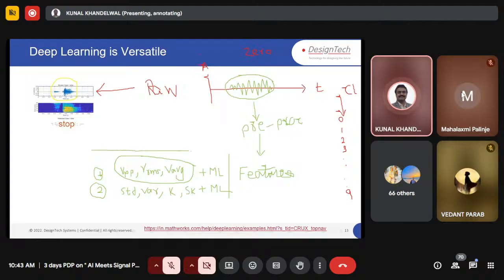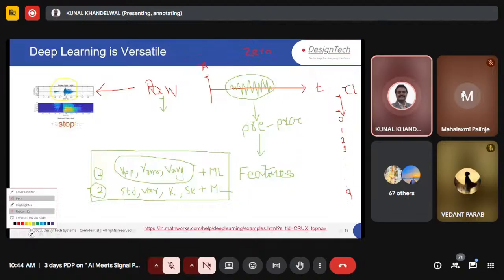What about someone who says that this feature extraction, VPP, VRMS, average, is not going to give us a better result, and I am aware of some statistical definitions that could be applied on this data set? And we can have over here standard deviation, variance, K, and so on. Someone can say, see, I know DSP. I know signal processing fundamentals, and I know that the raw features could be represented as,